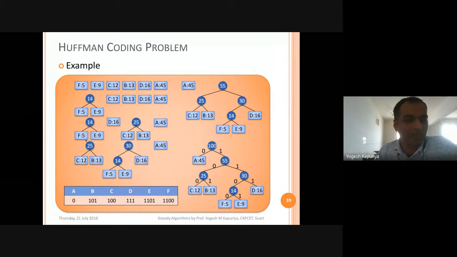Again I will go for the same approach. First extract min, so 25 will be extracted. Next extract min is 30, so 30 is extracted. And then one intermediary node is created, that is 55, and there was originally 45 as well. So now you have 2 nodes. First extract min 45, next extract min 55. You create an intermediary node, that will be your root node. And once you have a root node in place, it means that you have created a Huffman tree. So this is how you create a Huffman tree.